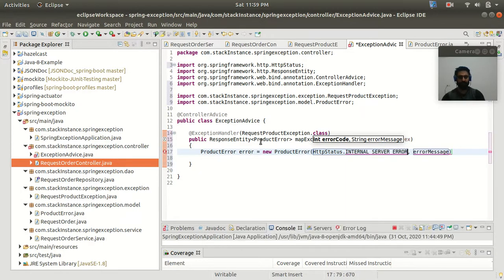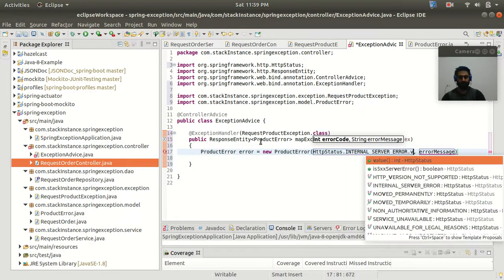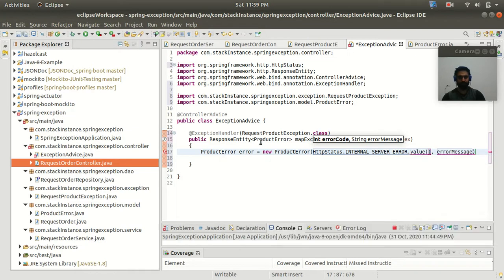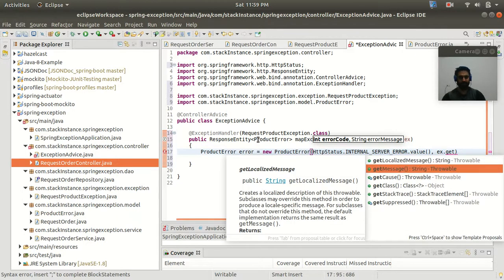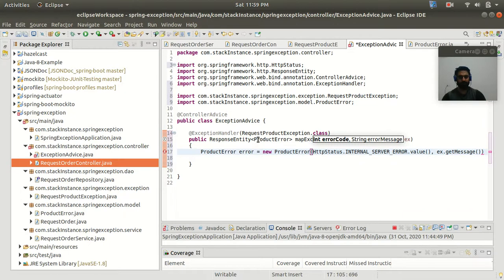So INTERNAL_SERVER_ERROR.value. Value is going to return the value of my internal server error, that is the 500. And inside the error message, I need to pass the message. So I can get the message with the exception e dot, we have the getMessage method to get the message.